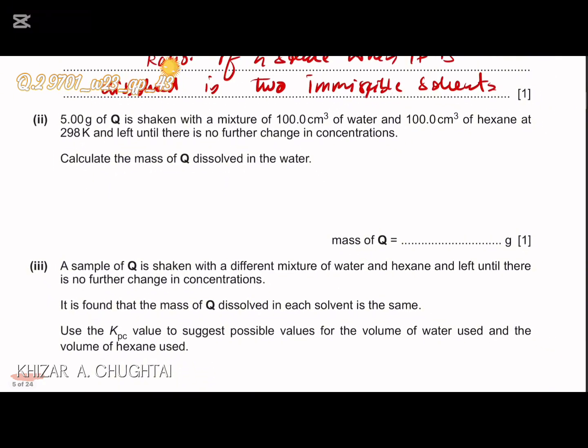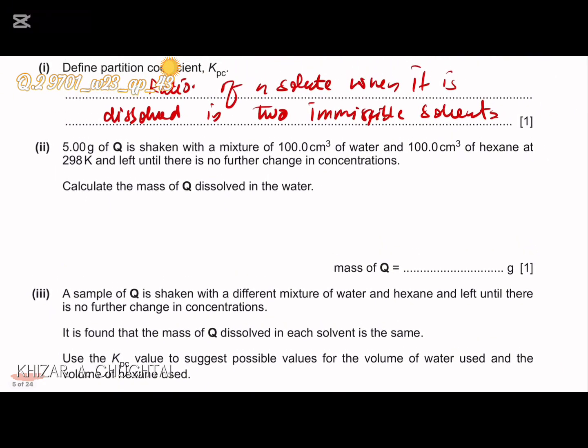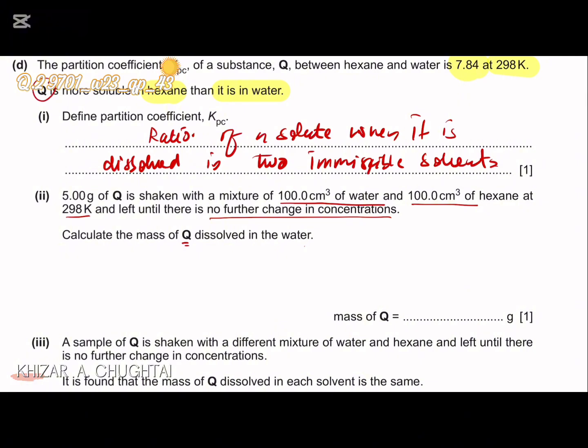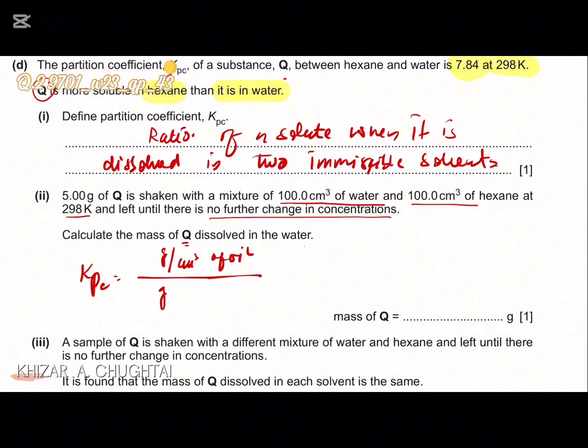Next, 5 gram of Q is shaken with a mixture of 100 centimeter cube of water and 100 centimeter cube of hexane at 298 Kelvin and left until there is no further change in the concentration. Calculate the mass of Q dissolved in water. First of all, it has told us that Q is more soluble in hexane than in water. So the expression of Kpc will be equal to the gram of solute dissolved in centimeter cube of oil divided by the gram of solute dissolved in centimeter cube of water,